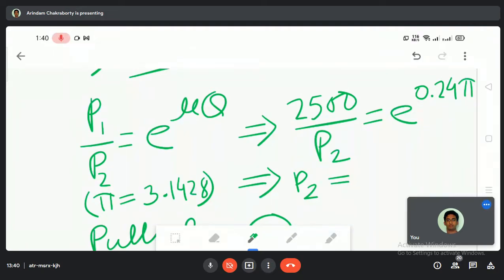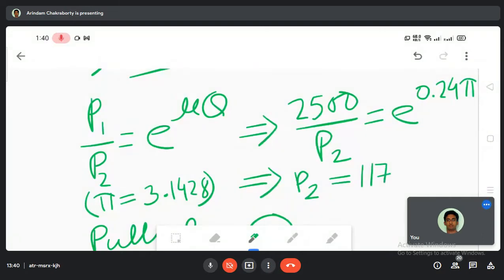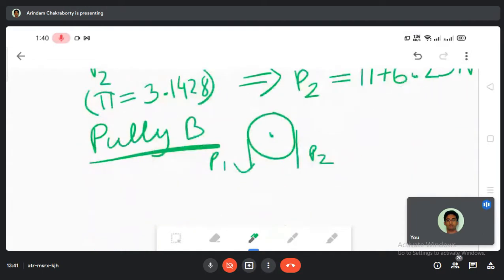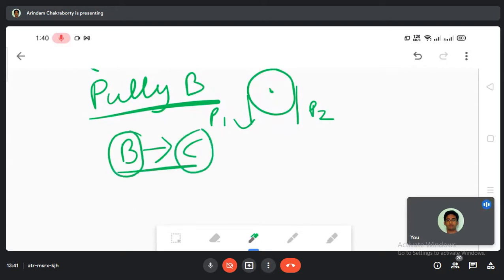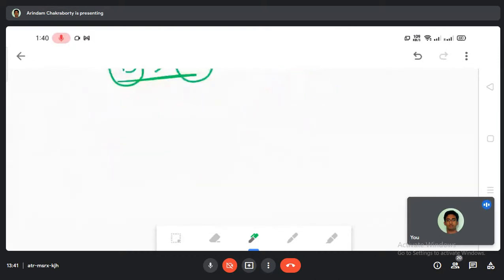Magnitude of P2 কত? 1176.23 আসছে। 1176.23 আসুক না, আমরা 23 Newton. Now since I have told you, and as well as we have assumed that the moment from B to C, the torque from B to C is considered to be same, that is the torque at B is equals to torque of C.